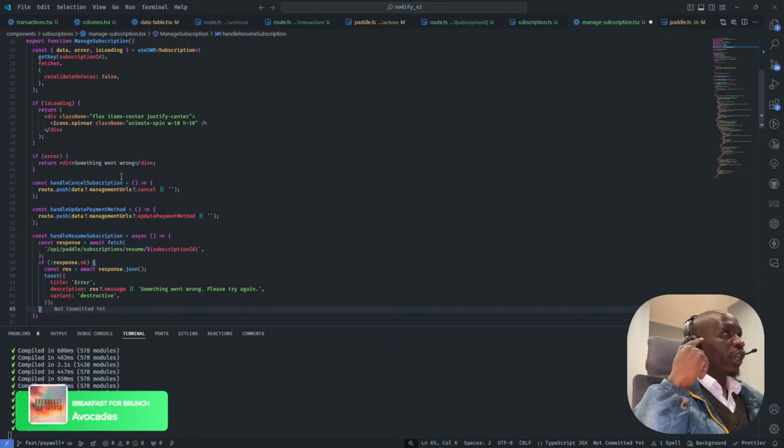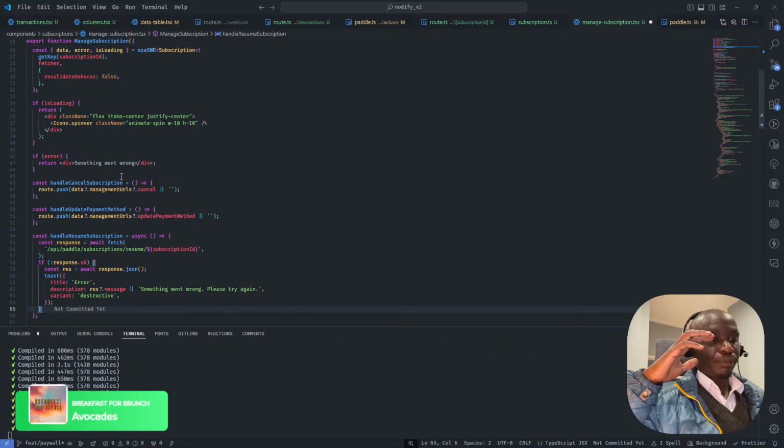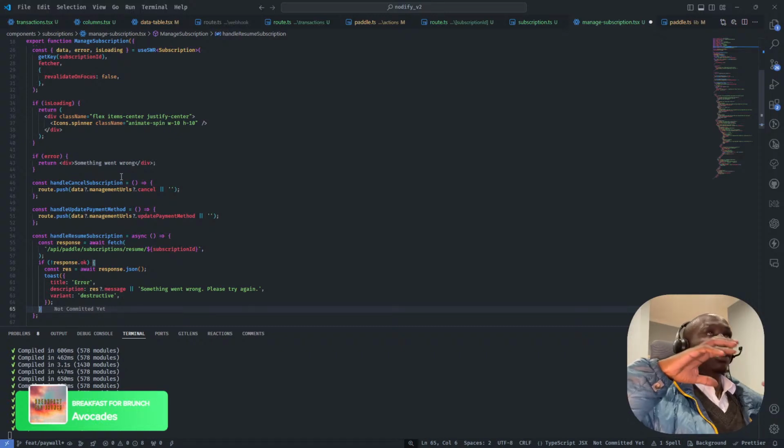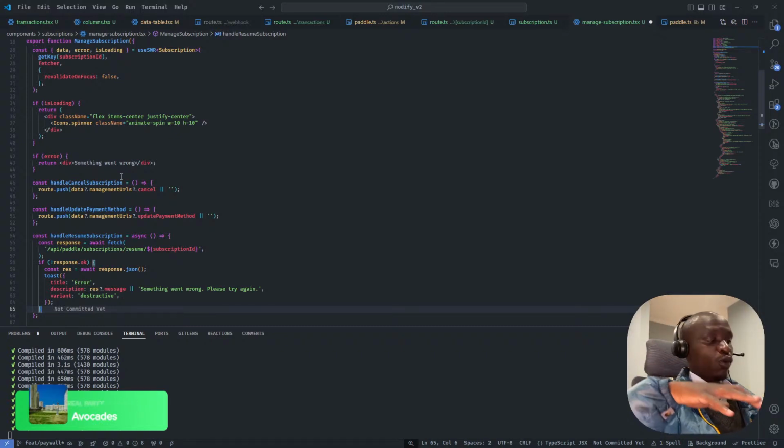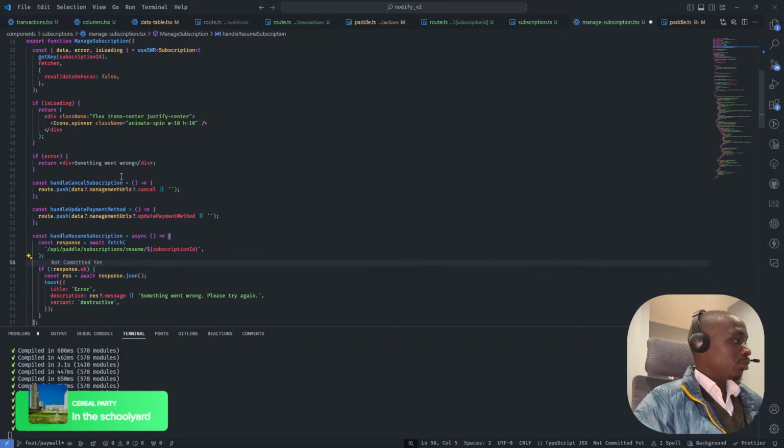But then we have to mutate a get subscription API from the parent component, so that the parent component can know that this subscription was resumed, then just close that modal. So that's what we have to do. But before we do that, let's just return